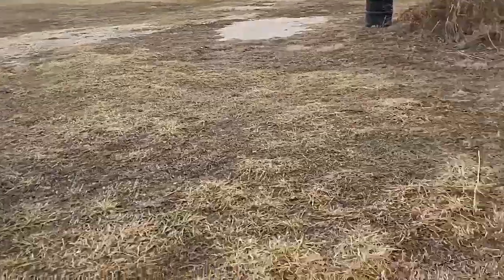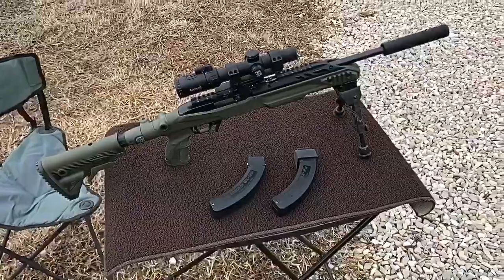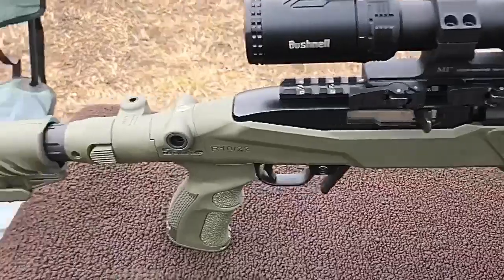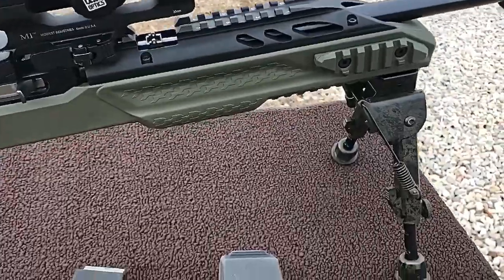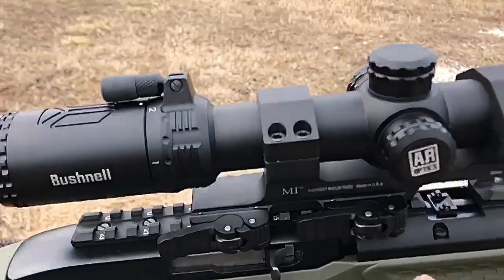Okay, down here at the range this morning. Got this thing, have not fired it since I put this in my new stock here. New FAB Defense stock. Hopefully I'm liking it. I'm gonna bench it first to get it zeroed, and then I will be standing and I'll get rid of the bipod there. And I've got a nice little grip I put, but I got this little setup here with this Bushnell with this